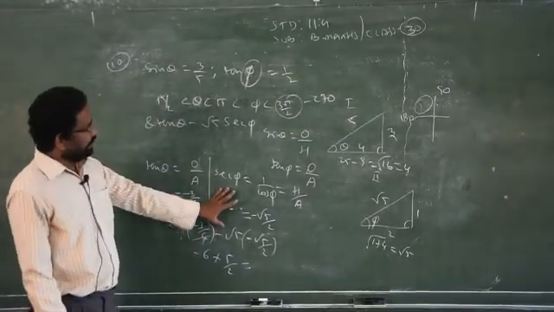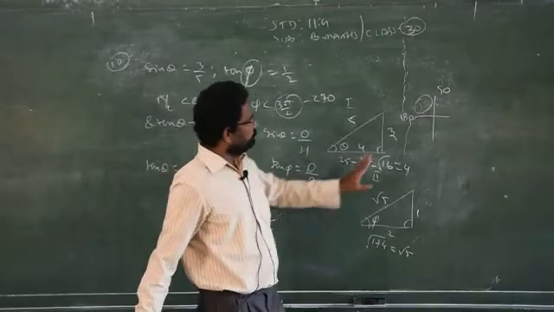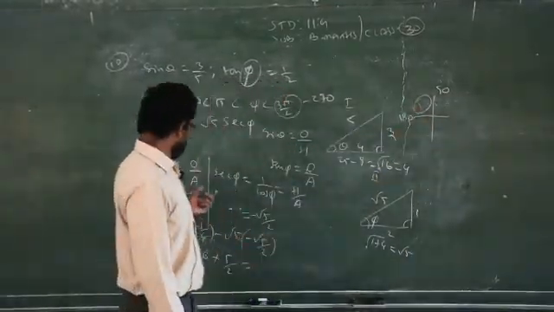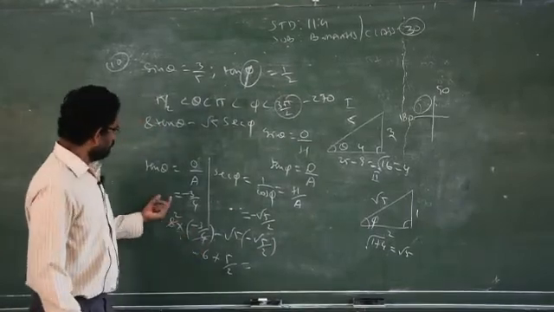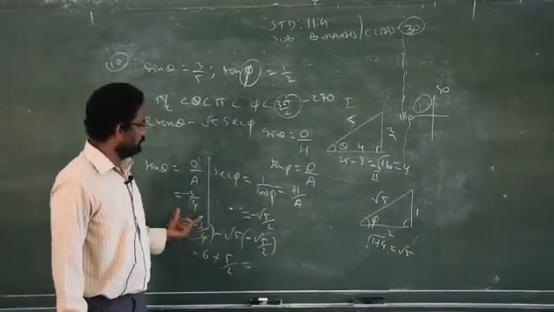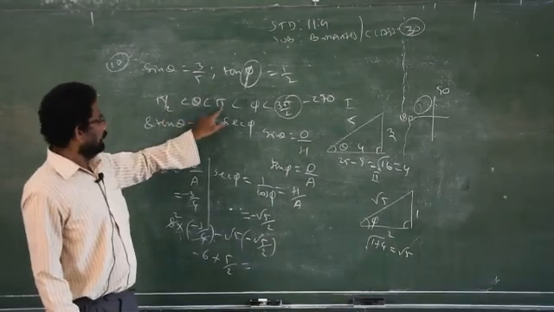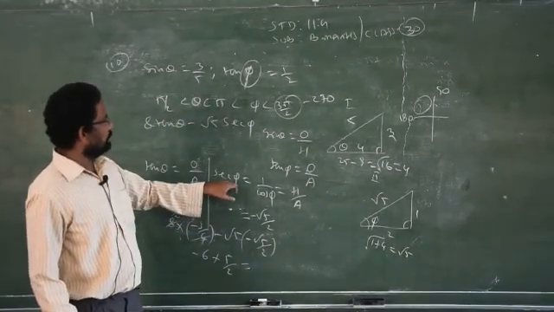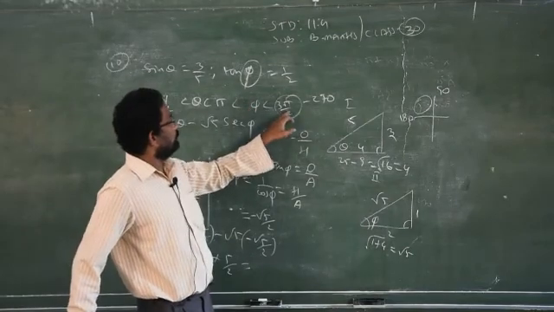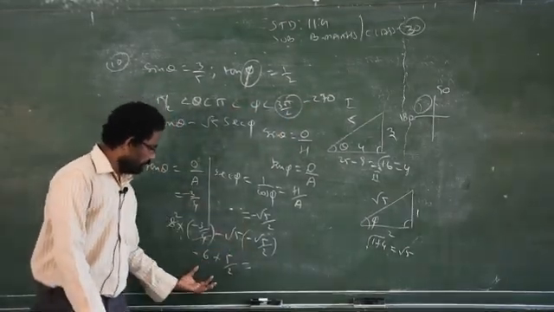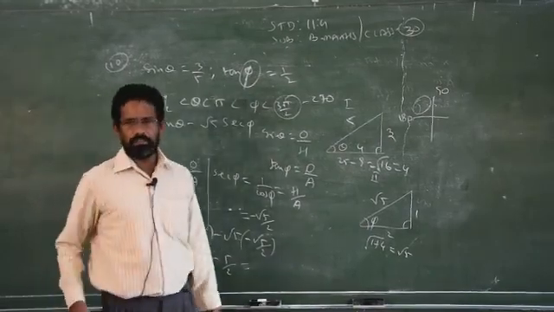So boys, be careful while doing this problem. The graph is very, very important. Clear? Based on the graph only I am able to find this. You should remember how to get the minus signs, these two minus signs, because theta lies between 90 to 180, and angle phi lies between 180 to 270. Based on this, I got the minus signs. Just simplify using cross multiplication and you will get the answer.